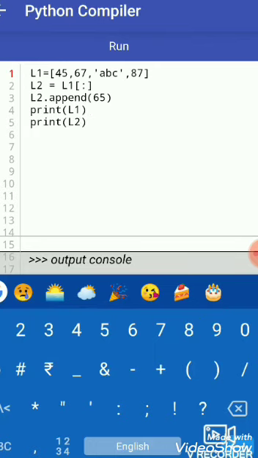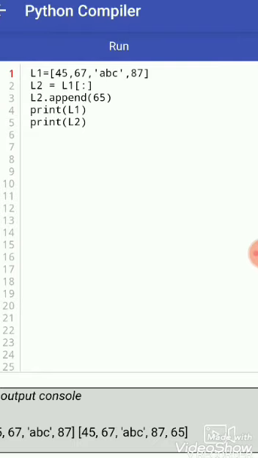Then we run this. We can see that this copy is a clone copy that is not pointing to the same list, because two different lists are shown below. This is the slicing method of creating a copy of a list.